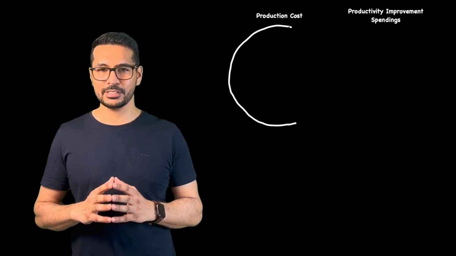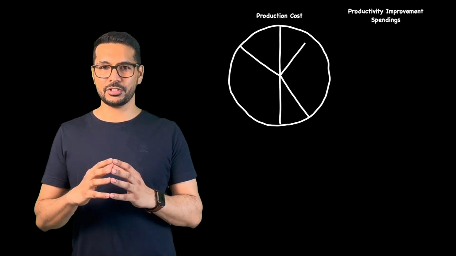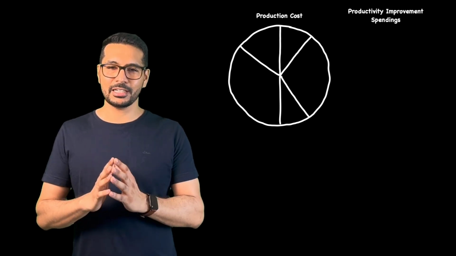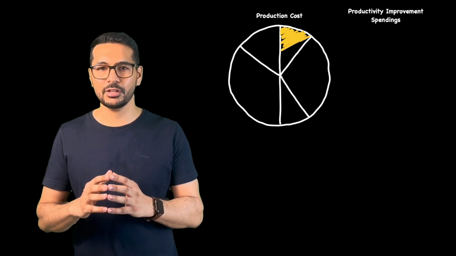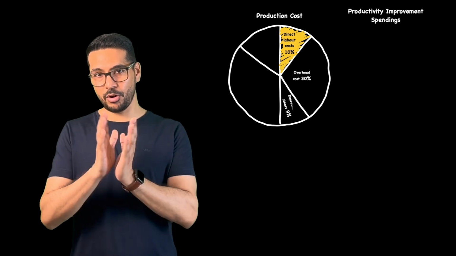Hello everybody. Today we are going to discuss lean management beyond the production area. Till now, a lot of effort has been made to increase the productivity for the direct labor cost. But if you look at this article from Harvard Business Review, you can see in this graph that for manufacturing any product, direct labor cost contributes only around 10%, but the overhead costs